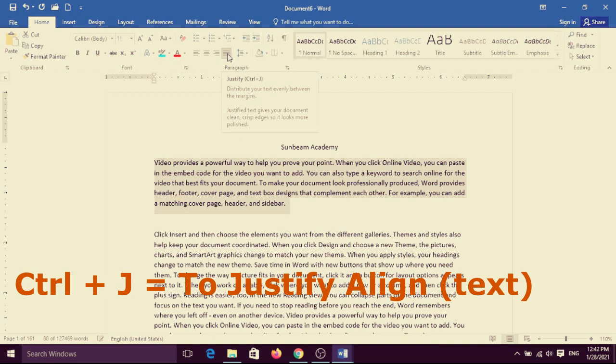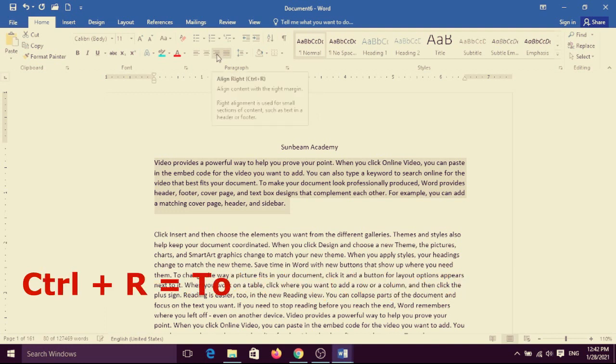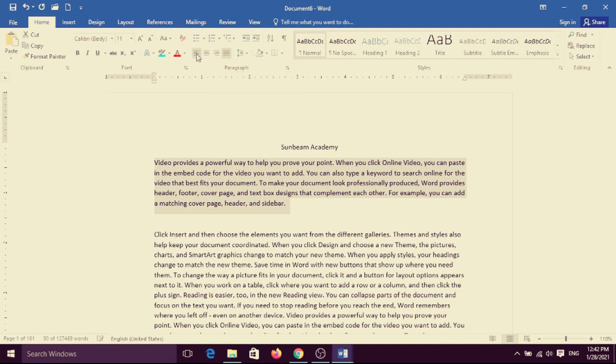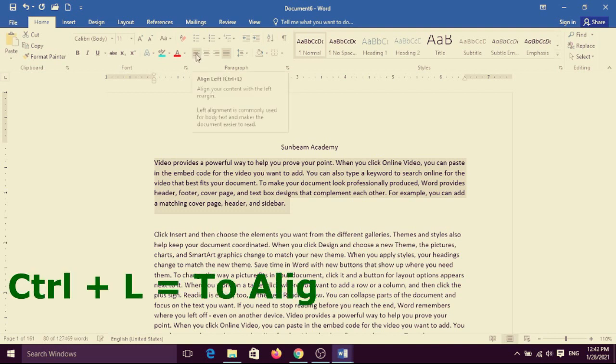Control plus J, it is the shortcut key for justify alignment. Control plus R, it is the shortcut key for alignment right. Control plus E, center your alignment, and Control plus L to left your alignment.